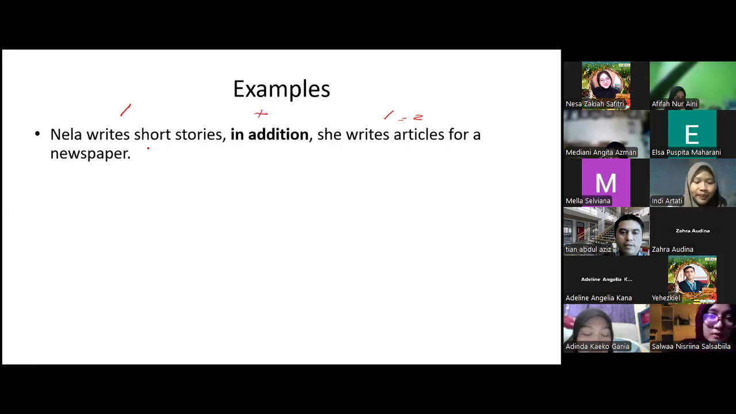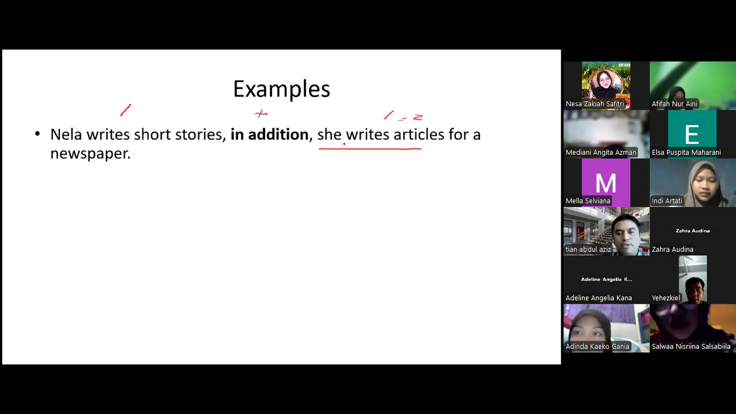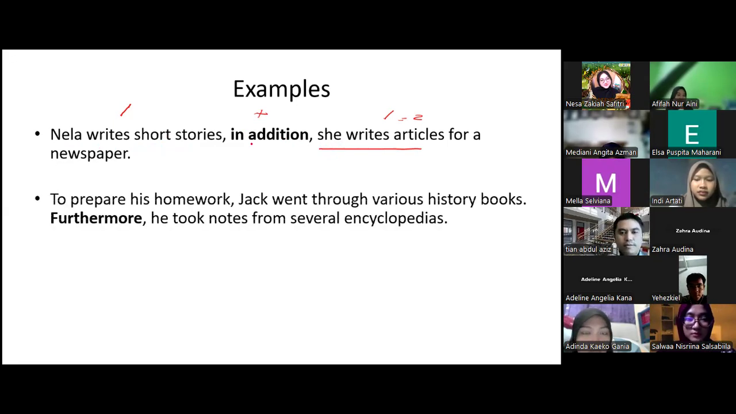The first is writing short stories. The second is writing articles for a newspaper. The second sentence is not a result from the first, or something opposite to the first. It is just adding an activity. Okay,